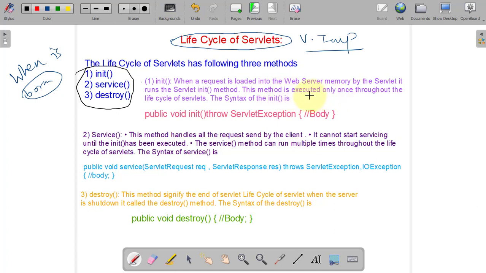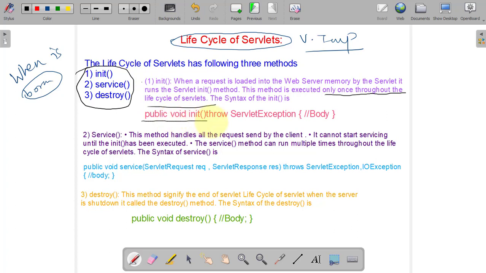This method is executed only once throughout the life cycle of the servlet. That means initialization is done by the servlet only once.